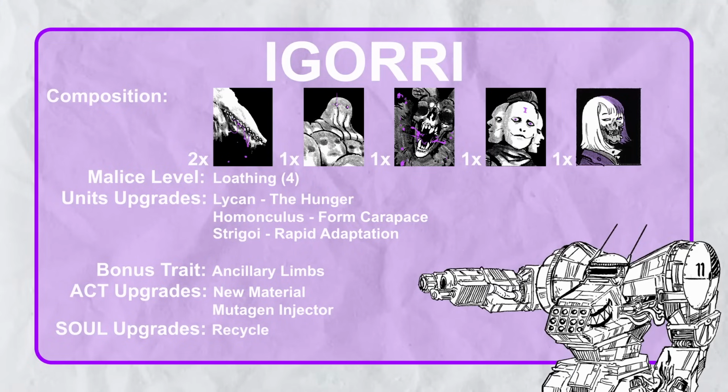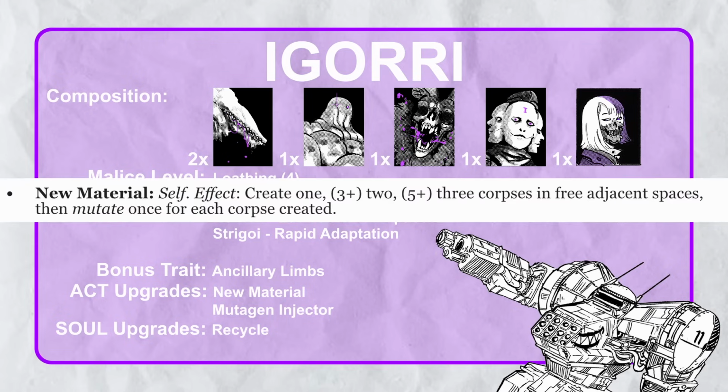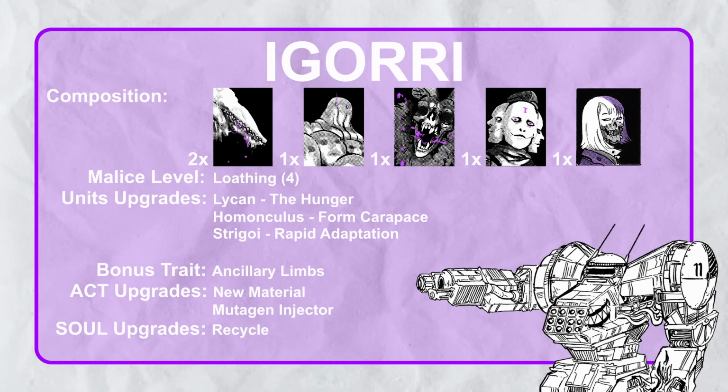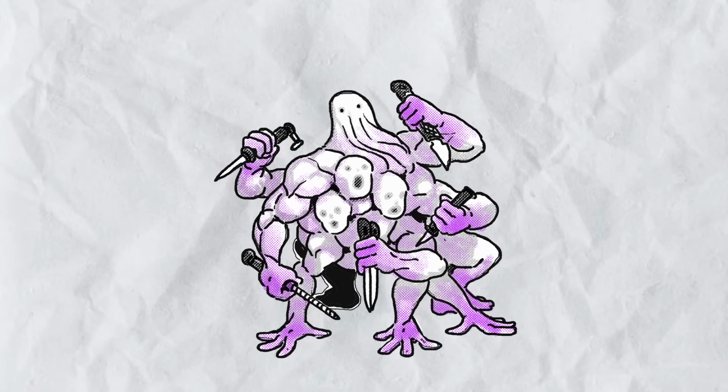The strategy in round 1 is this: have the Strigoi and my Chirurgian producing all the corpses thanks to new material, Chop Doc further buffing up the Homunculus, and the Homunculus just eats everything and goes wild with the 2 dogs as support in round 2, at least that's the plan. The obvious weakness is that if your opponent knows how Igorri works, they can either just rush you or set up a trap against your Tyrant, in which case you just put all your eggs in one basket